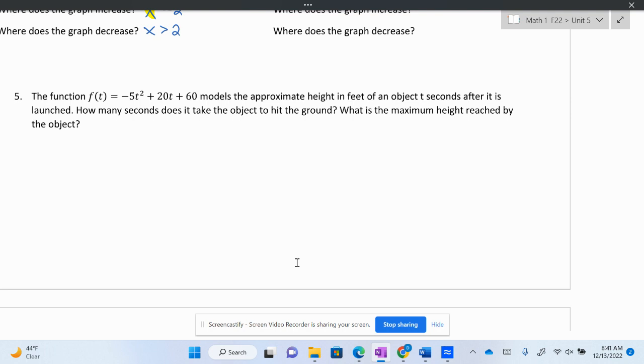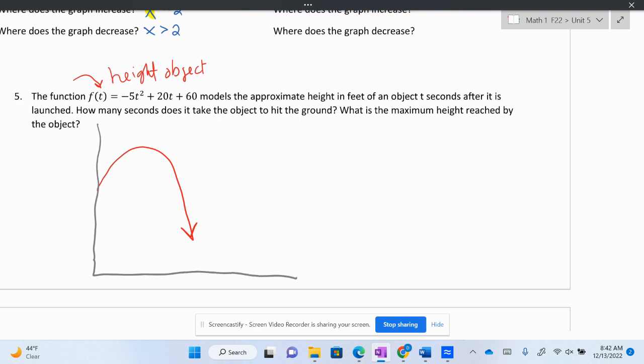So let's talk about this. It says that this function represents the height of an object. It's negative, so I know that my parabola is going to do something like this, right? It's going to look something like that. What is my y-intercept? My y-intercept is 60. And can we do negative time? Like, can we count backwards in time? No. So that means when t equals 0, this is my t-axis, it's already 60 feet